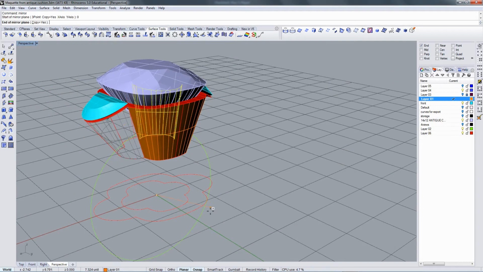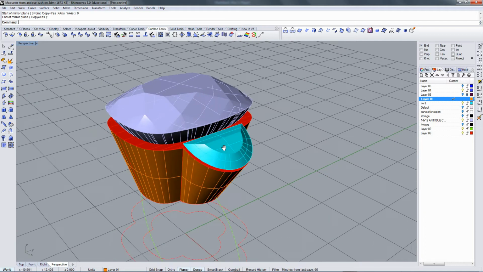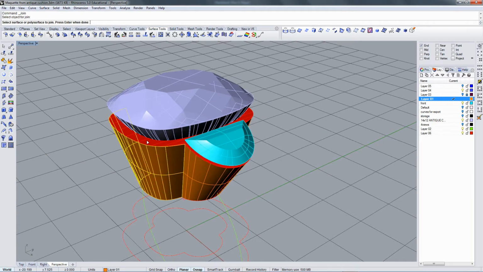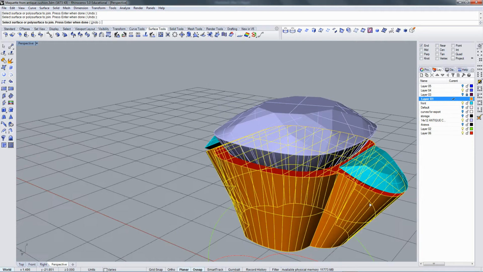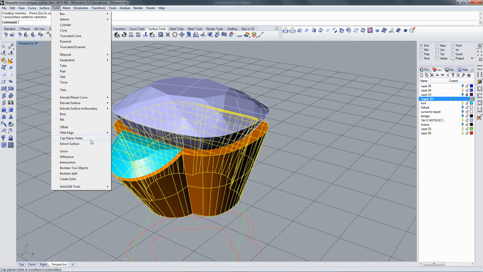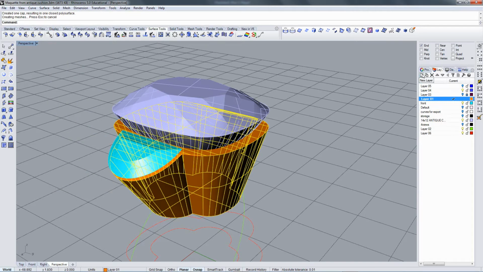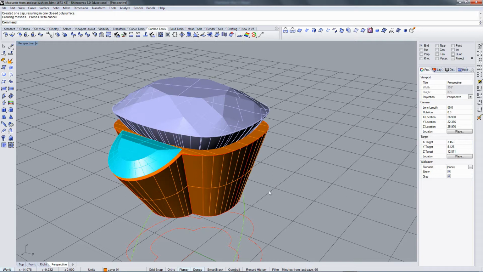Mirror side to side, mirror front to back, join. Cap planer holes. Closed. Okay, it seems tedious to go through those extra steps, but you always want to know what your geometry